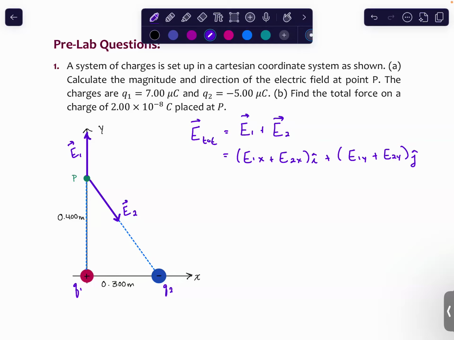Okay, so this will give you the total electric field at point P, or the superposition of the electric field. But you notice you're going to have to turn E1 and E2 into